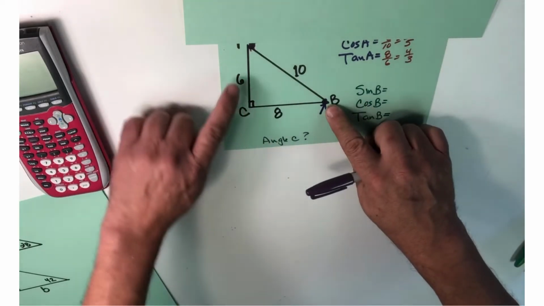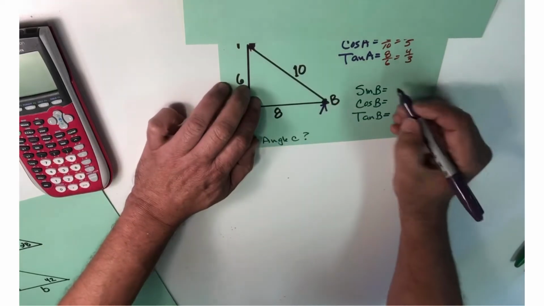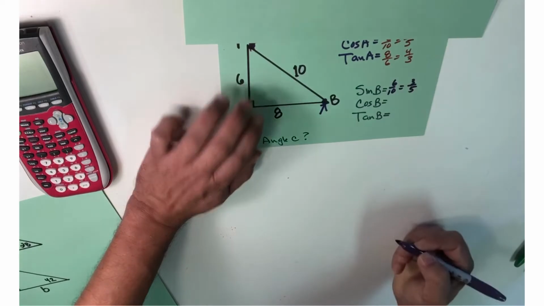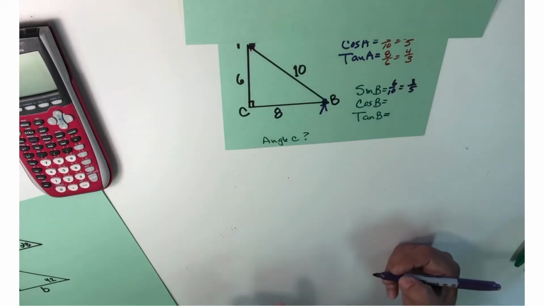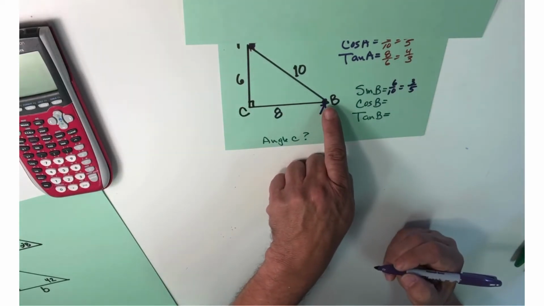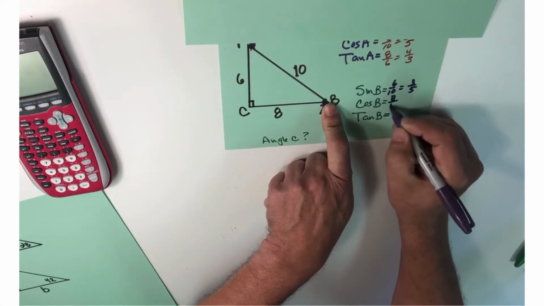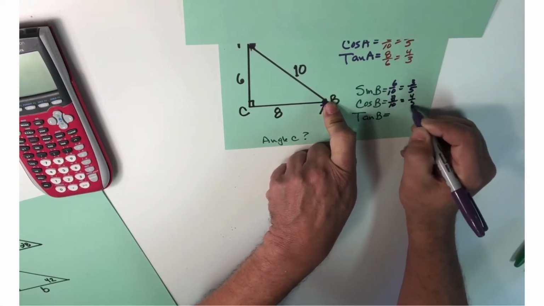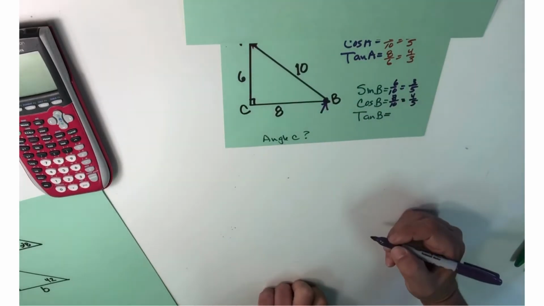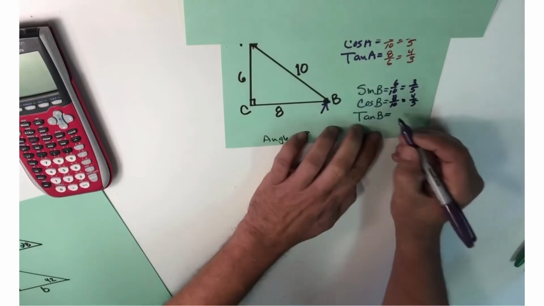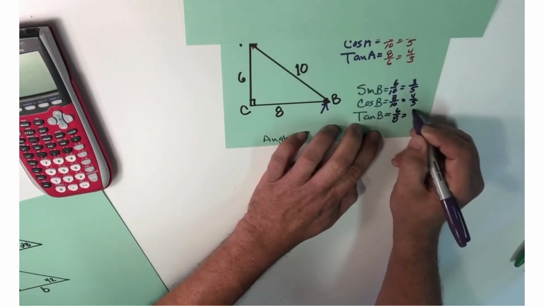Opposite of this guy is 6. Hypotenuse is 10. So 6 over 10, which is 3/5. Cosine is adjacent over hypotenuse, which is 8 over 10, which is 4/5. And finally, the tangent of B, which is opposite over adjacent, that would be 6 over 8, which is, of